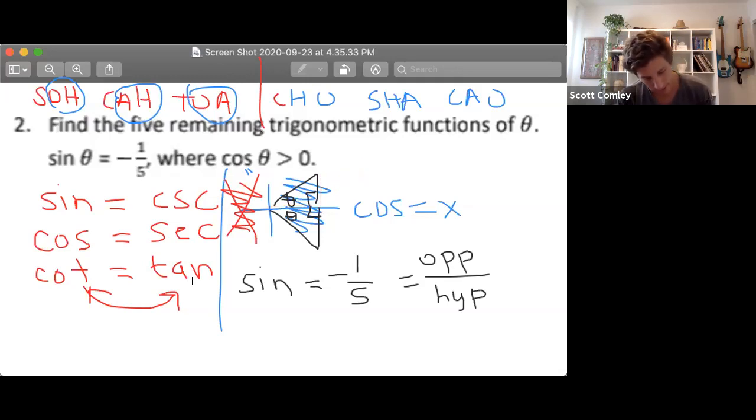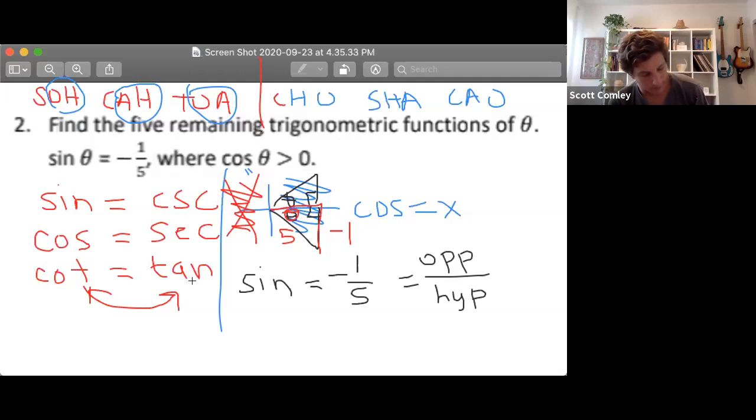The only way to have a negative is the bottom triangle, which is right and then down. That can be -1, and then this hypotenuse is 5. So I know that sine of that angle theta is -1/5. Now I'm going to